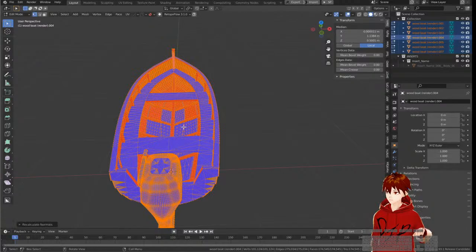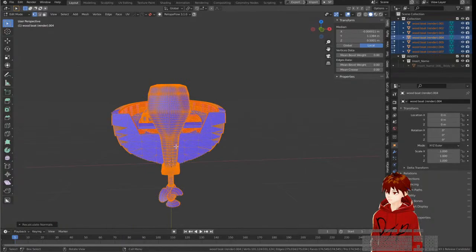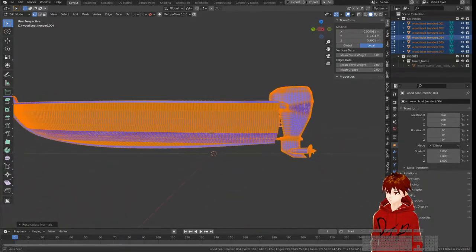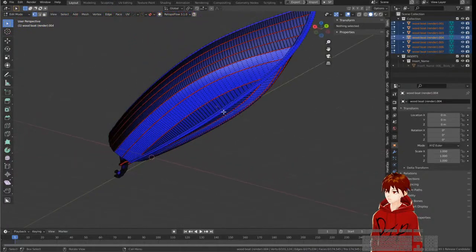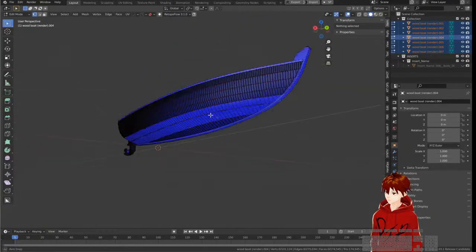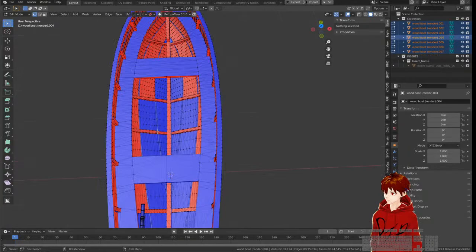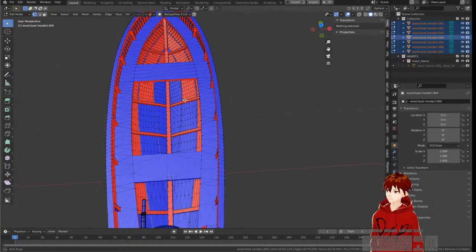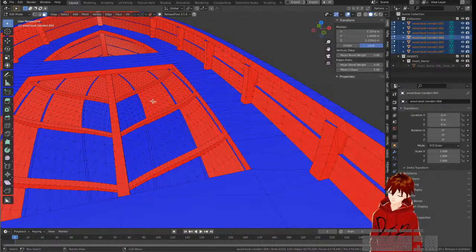So press that one. And now Blender tried and did its best to do so. So now the model from down here is totally solid. You're not going to be able to see through it. But from up here, you're still going to have some holes that are visible. And that's because the model actually only has